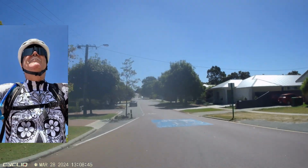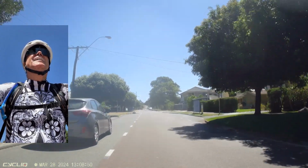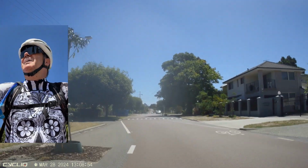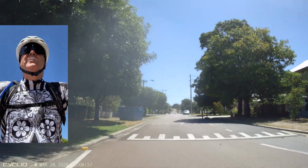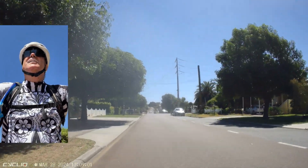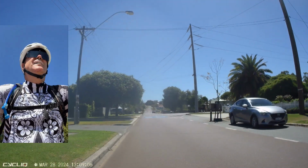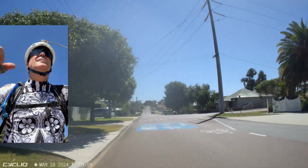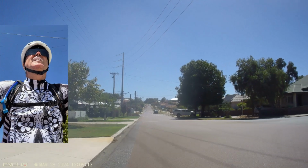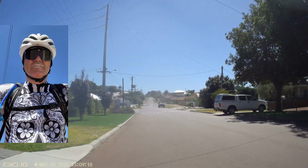Apart from the school and stuff, it doesn't really have destinations. Parkland Village. I wonder if that's like a retirement village there. So if so, it's a nice thing for people in a retirement village to just pop down the streets of the waterfront down the bottom there. You might say, well, how could they do that? Easy, electric tricycle